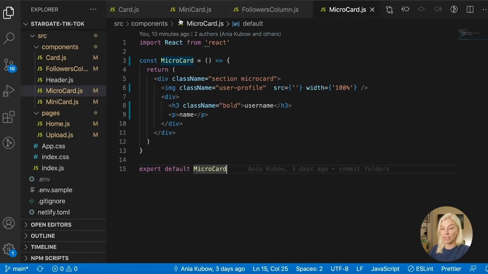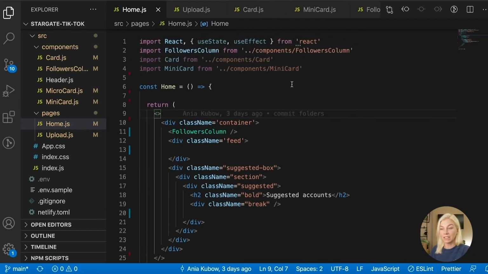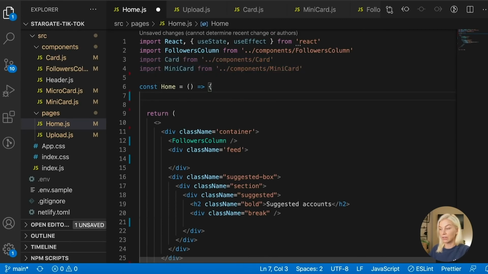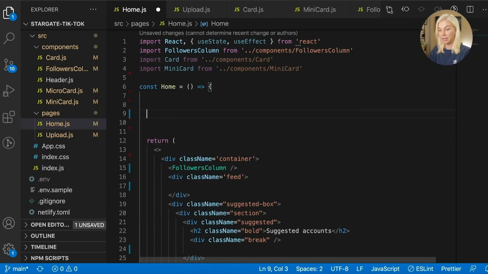Okay, so in the home page, the first thing I'm going to do is get the data. You can already see I've imported the mini card for me to use. So let's go ahead and do that. The first thing I'm going to do is populate our data. So I'm going to go add data, and it's an async function because we are going to be doing a